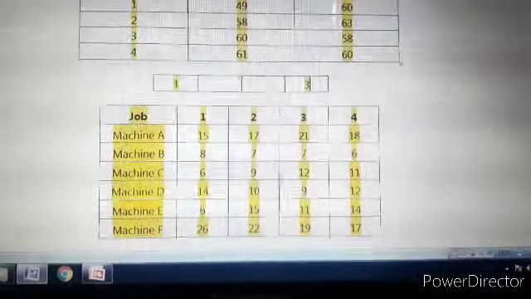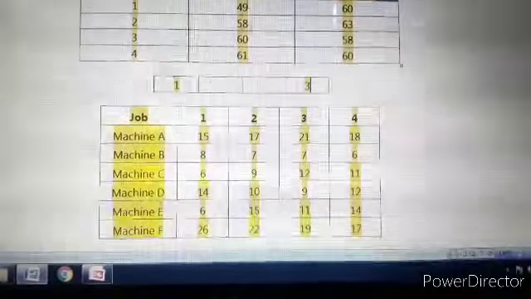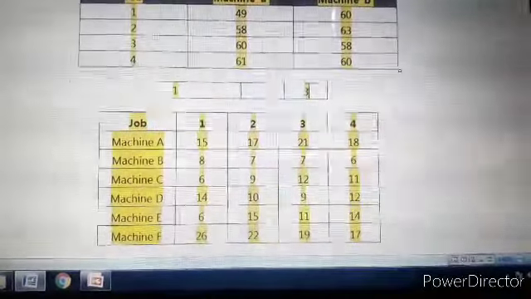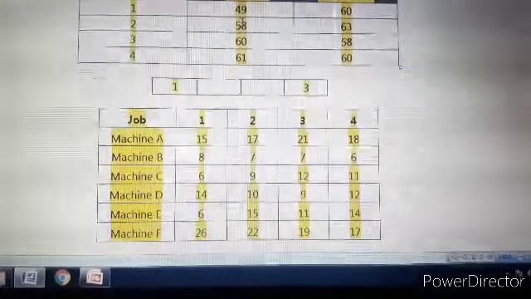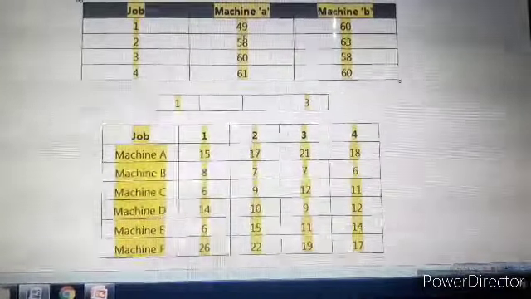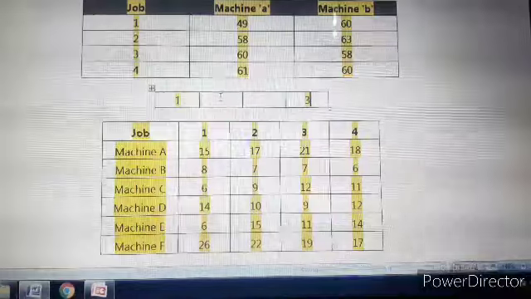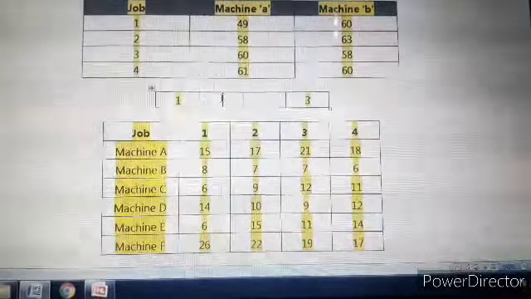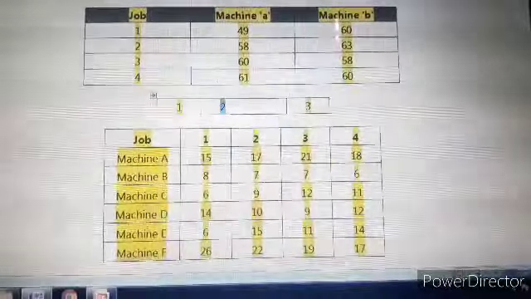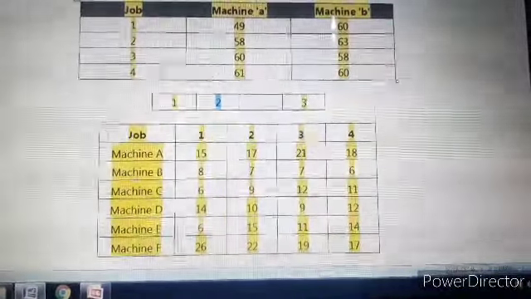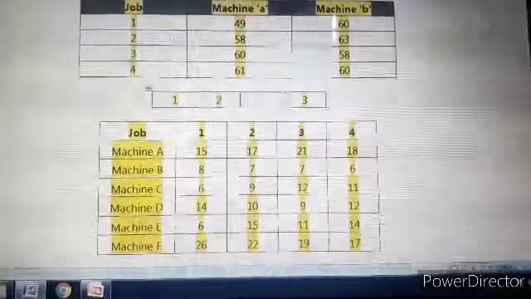Now next 58 is here. Again this 58 is in the first column, correct? So that's why we'll write the next job, that is 2, in the next cell. So that's why here I have written this 2.